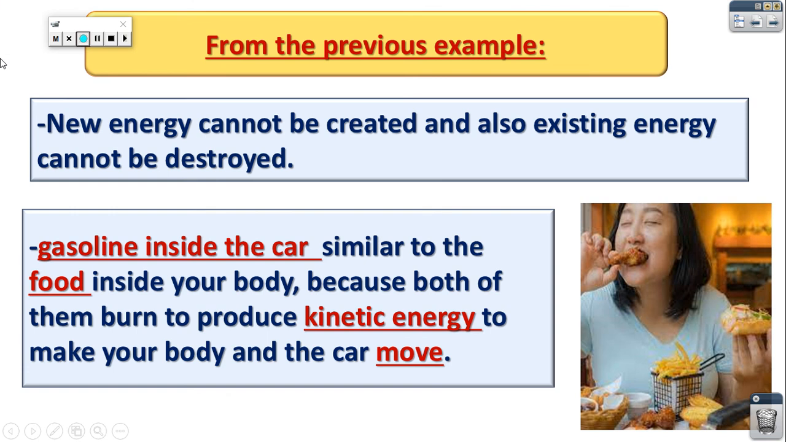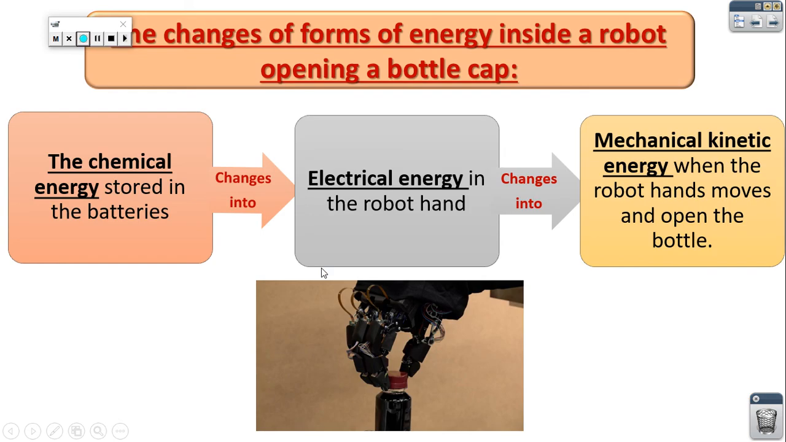It existed as a potential chemical energy inside the gasoline, and this type of energy changes into another form of energy. And also the energy cannot be destroyed. As an example besides the car engine, the food that we eat. The food inside our body contains a potential chemical energy. When the food is burned, it changes into kinetic energy when we do any movement. Now let's talk about